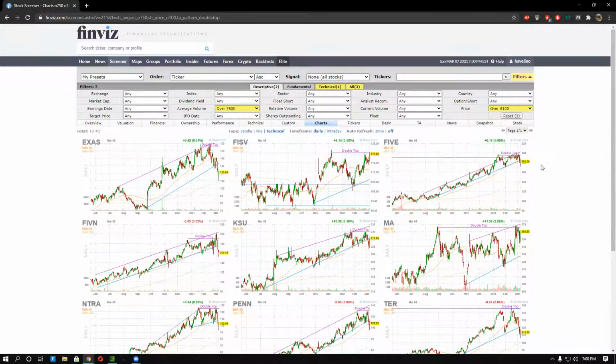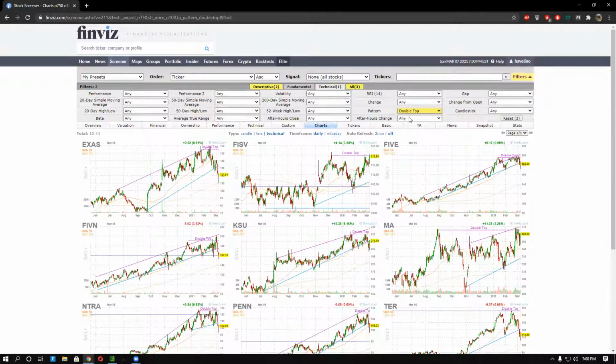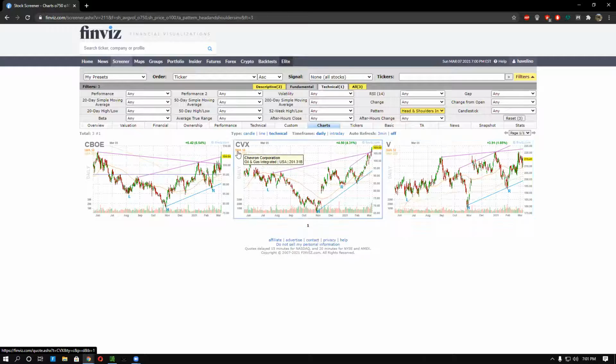If you have a bearish chart pattern on a stock that you're holding, it might be time to take profits, unless it's a long-term hold like Coca-Cola, Disney, Apple, stuff like that. So